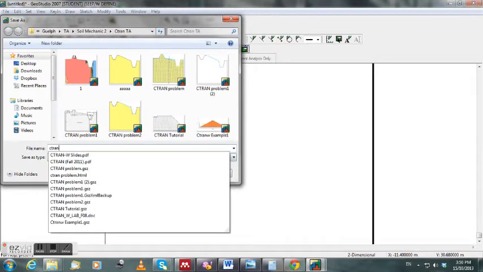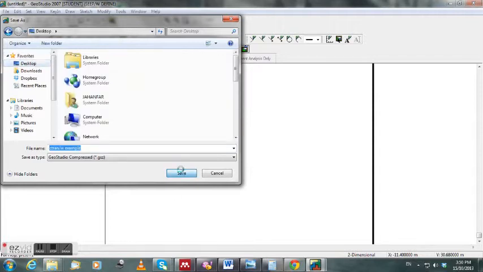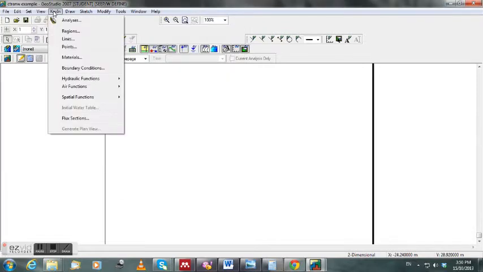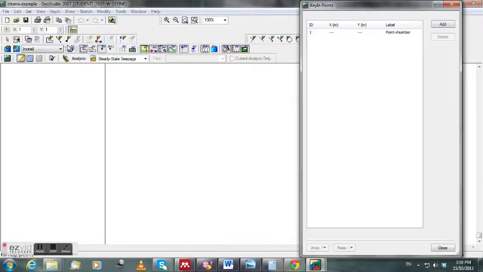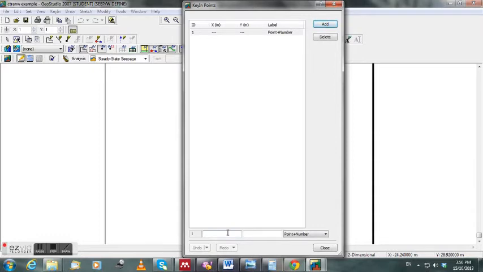For the Ctran W we have to model the CW part and then Ctran W, because we want to find the flow of water inside the soil first and then the contamination flow in the soil. So first we will start with the CW. The first part is the geometry, so we have to define the points first,